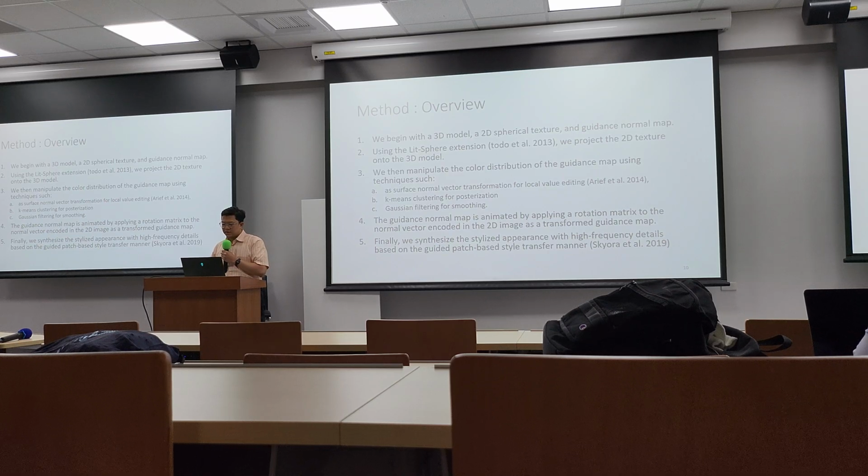So this is my method overview. We begin with a 3D model, 2D textures, and guidance normal map. Using the Lit Sphere extension from et al. 2013, we project the 2D texture style and the guidance normal map onto the 3D model, and then we manipulate the color distribution of the guidance map using surface normal vector transformation from Arief et al. 2014,